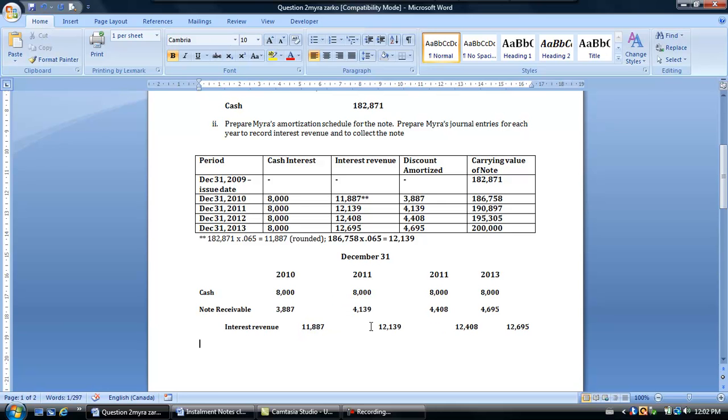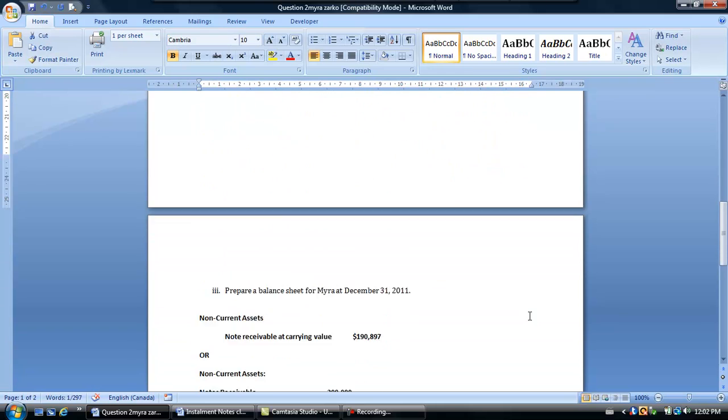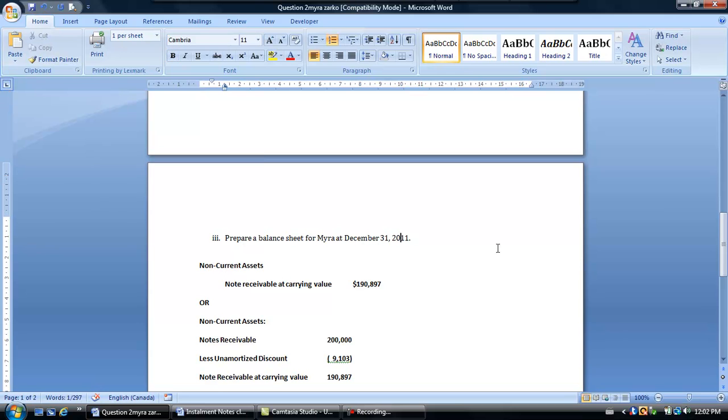Notice that each year that we record our debit to the note receivable, bear in mind that our note receivable is now, with every debit to it each year, climbing closer to the $200,000 value, which we're going to use to discharge the note. Okay, so now if we have to prepare a balance sheet at the end of 2011,